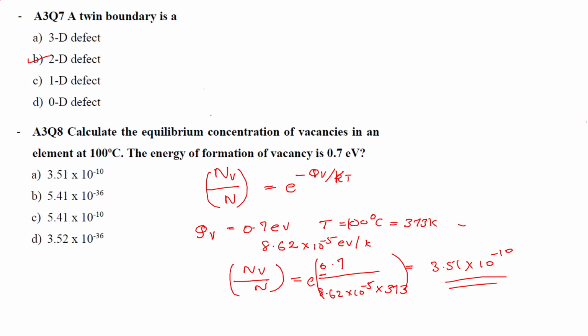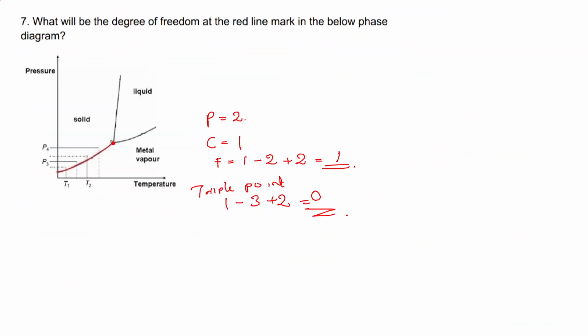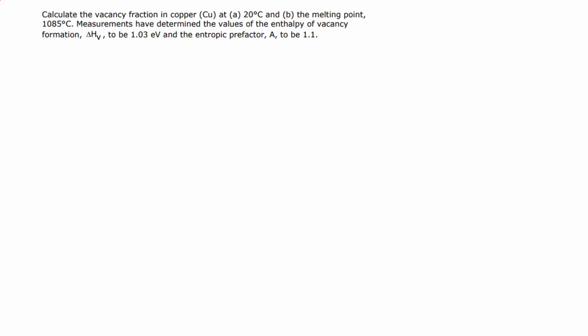It will be similar like this. Okay, with this notation we can write it as: first we have to calculate the constant. I'm taking A, so A e to the power minus delta HV divided by kT. Okay,